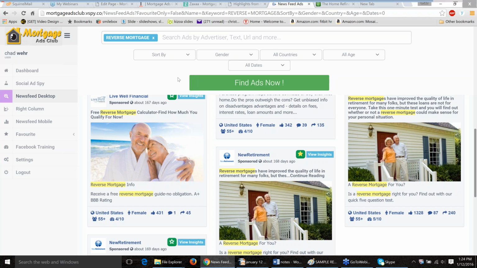So I'm going to use a similar approach, because I don't want to reinvent the wheel, but I don't want to plagiarize somebody else's work either. But I'm finding out, hey, how are they talking to these folks? What are the bullet points? You know, what kinds of images are working? So when folks ask me and say, hey, Chad, I would really love to be running ads, but I just don't know what works. I don't want to waste a bunch of money. Well, that's great. I understand perfectly, which is why I take this approach, right? I'm removing that guesswork completely,